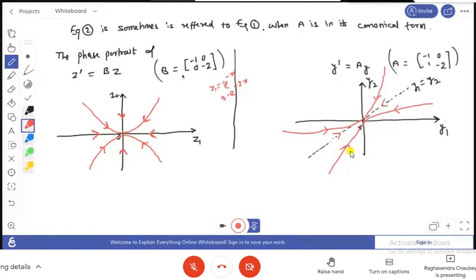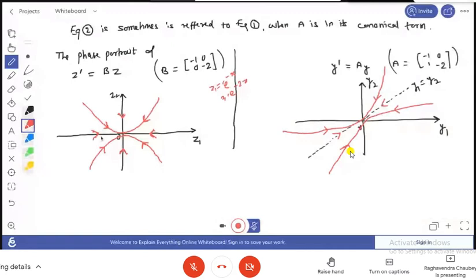यही हम एग्जांपल के थ्रू आपको दिखाना चाह रहे हैं कि अगर ये हमारी मैट्रिक्सेस हैं तो कैनोनिकल फॉर्म में ऐसी आपकी फेस पोर्ट्रेट दिखेगी। क्यों दिखेगी, क्या दिखेगी, ये सारी चीजें हम आगे भी डिस्कस करेंगे। जब आप ड्रॉ करेंगे तो इसका पैटर्न ऐसा होगा। सिर्फ आपको ये आइडिया लेनी है कि हमारा सोल्यूशन टुवर्ड्स द ओरिजिन होगा या आउटवर्ड डायरेक्शन में होगा। एग्जैक्टली शेप क्या होंगे, वो आप जब इसे मैटलैब में ड्रॉ करेंगे तो आपको मालूम होंगे।